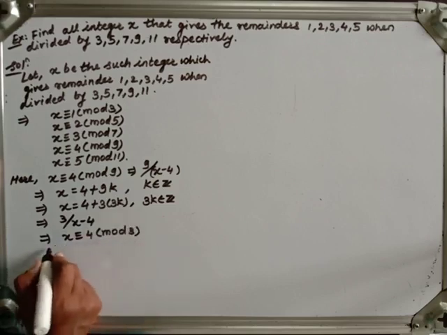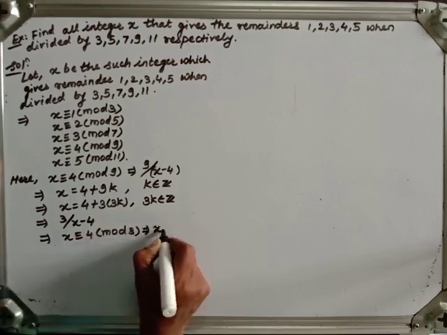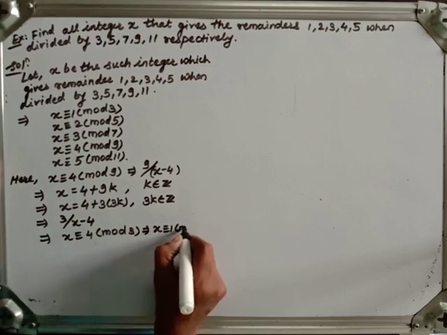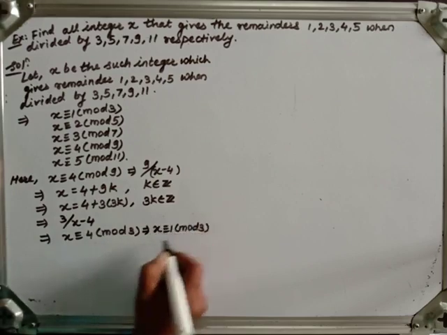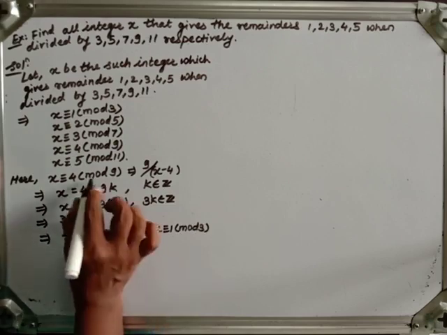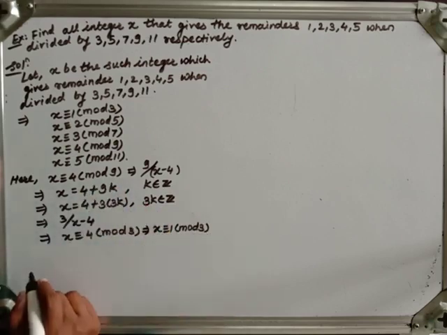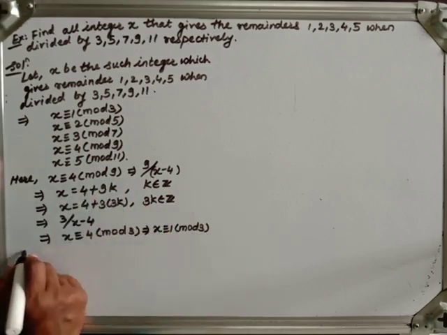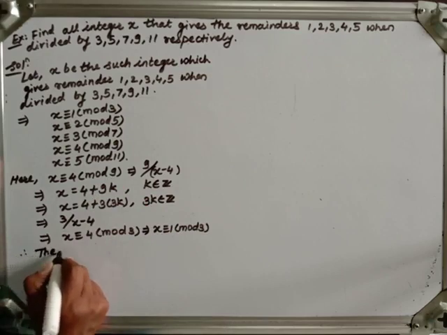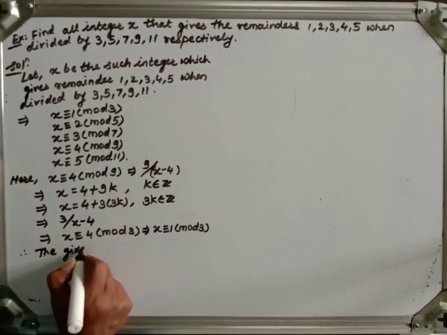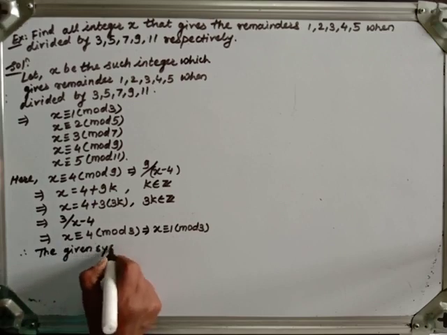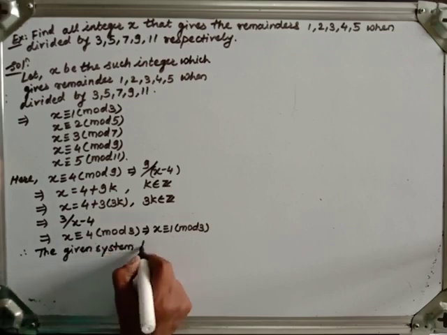Now this is equivalent to x congruent to 1 modulo 3. So x congruent to 4 modulo 9 is equivalent to x congruent to 1 modulo 3. Therefore, the given system becomes